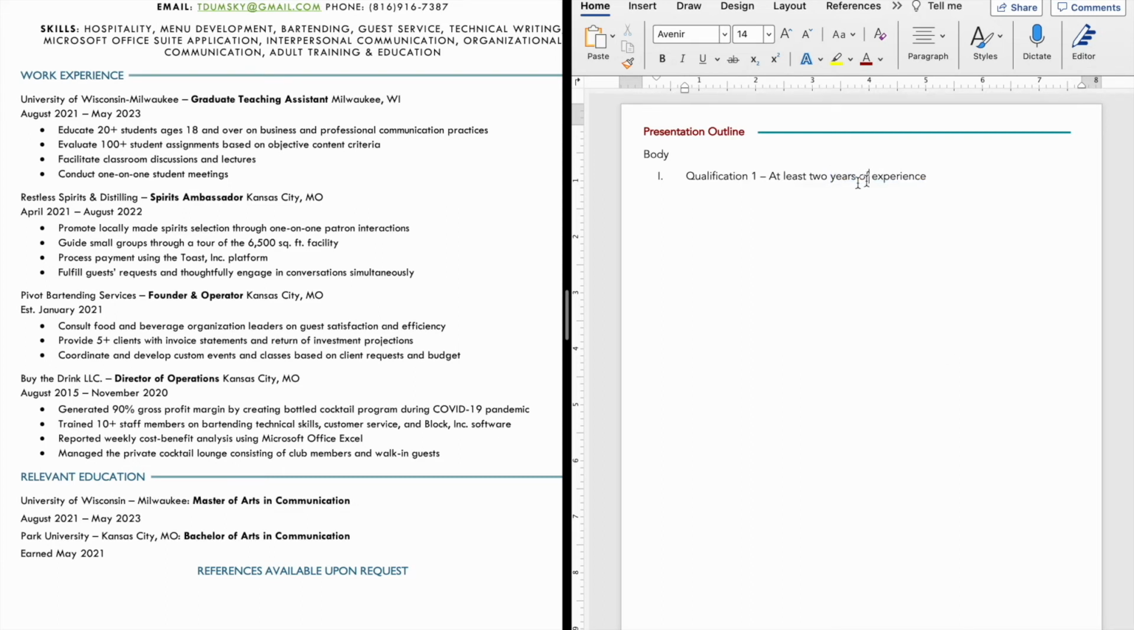So remember, in an outline, we're just using short, quick phrases. We don't want to provide a manuscript because those paragraphs can really get us off track and make us lose our spot in our speech. So I really like this information about managing a private cocktail lounge. It's a good general statement and it gives a nice introduction to the skills I'm going to talk about. So I might just write something like manage the private cocktail lounge,